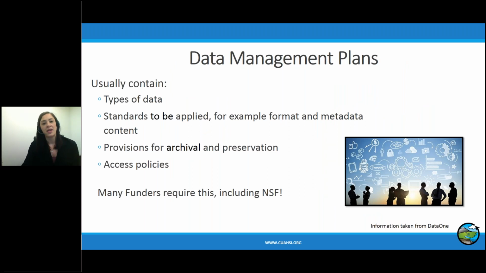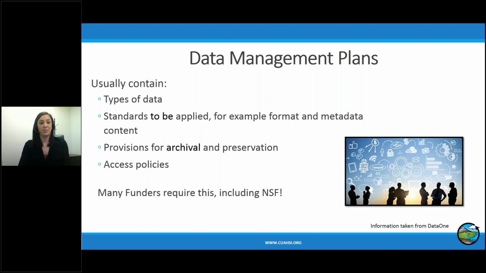All right, so getting into data management plans. You may have heard of data management plans. Hopefully you have. Sorry, to back up a minute here. Data management plans are, again, required by most funders. And when you submit a proposal, the data management plan is a big part of that proposal. So if your funder, say NSF, doesn't like your data management plan, they most likely will ask you to redo it before accepting your proposal. So that's kind of why it's important to you.